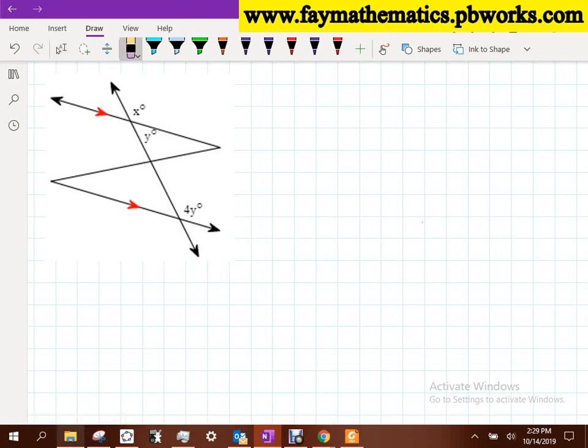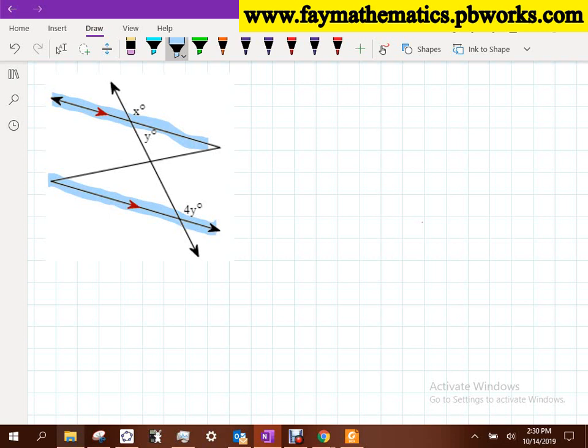Okay. So this one here, they start asking you to find values for x and y. Did we talk about last week that those red arrows tell us something about those lines? They tell us that those lines are parallel. Good. Now, as I look at those red lines, I know I'm going to have to use those. If they were not useful to me, they probably wouldn't tell me that they're parallel. Does that make sense? Okay.